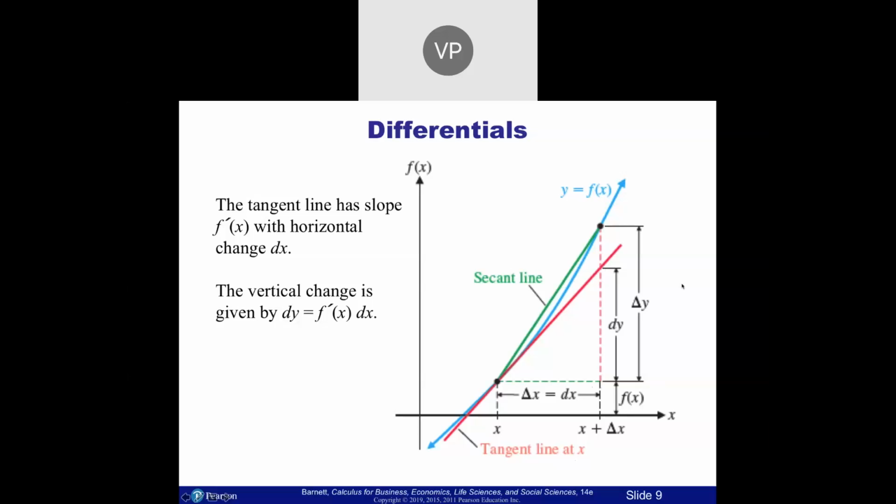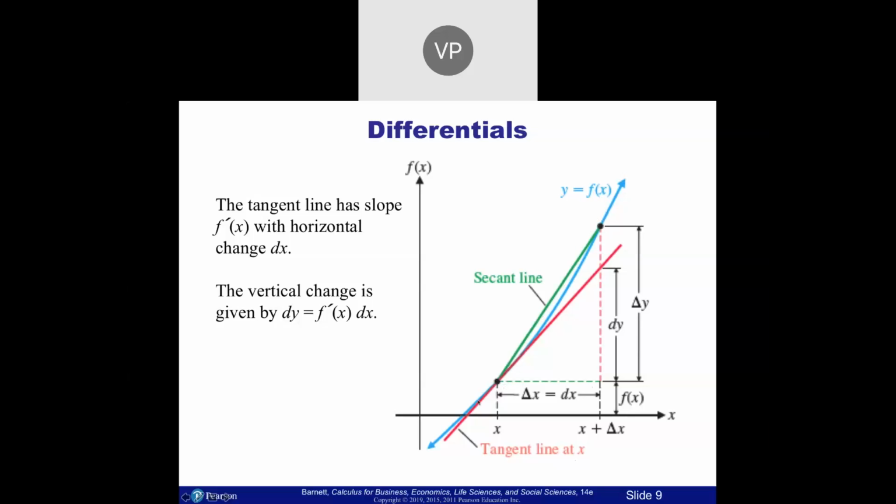I'm going to keep coming back to this as we do other problems, because this sort of helps explain what we are looking for, because they're going to have you find dy. They're going to have you find delta y, and I'll admit, it's very easy to mix them up, or at some point it's like, what's the difference? Here's the difference, okay? If you have 2 points, the secant line, the difference between those two is delta y